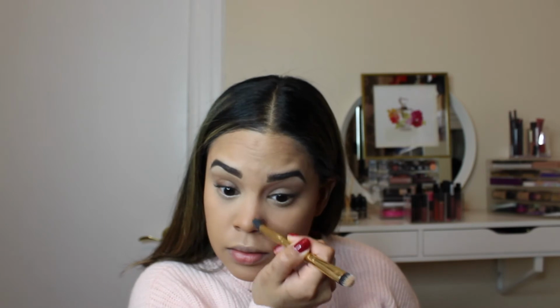And lastly, I'm going to take those same two shades again, Java and Fawn, and use it to contour my nose. And that is contouring. Next, I'm going to do the highlight, and I'm so excited to be using this new